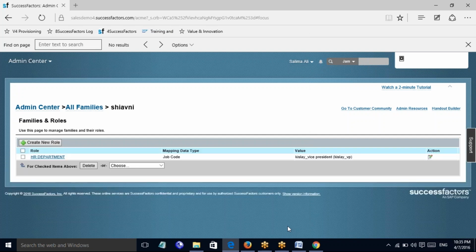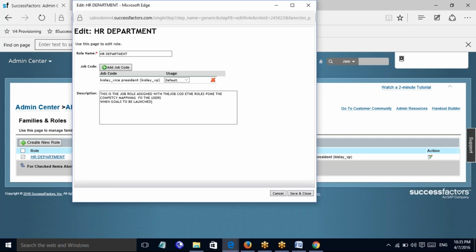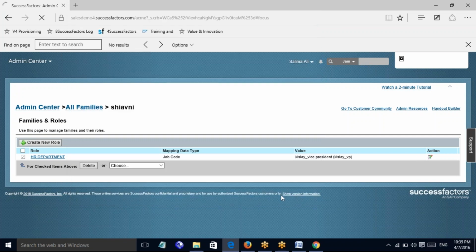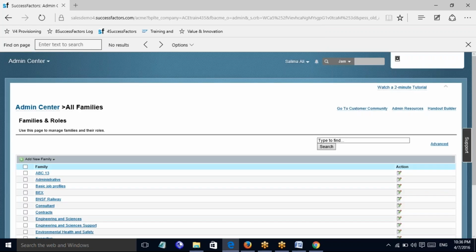Now you will find here that the job code has been assigned, and you can simply go and click on this link. Otherwise, if you want to move this one to anything, like download or move to a different family, you can do that also. You will try later on. Now just click on this edit button here. If you want to make any changes, simply do whatever you want, and next you just edit it. Now let me click on this all families,